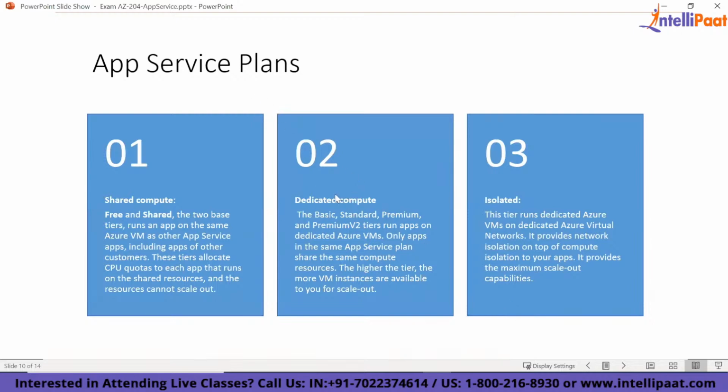The pricing plans will differ depending on whether you choose shared, dedicated, or isolated. From my experience, what we have seen is that, depending on the complexity or the sensitivity of your applications, 95% of your applications will fall inside dedicated compute. Some of the more sensitive applications like banking, blockchain applications, or more secure applications may need an isolated tier. That's basically App Service plans.